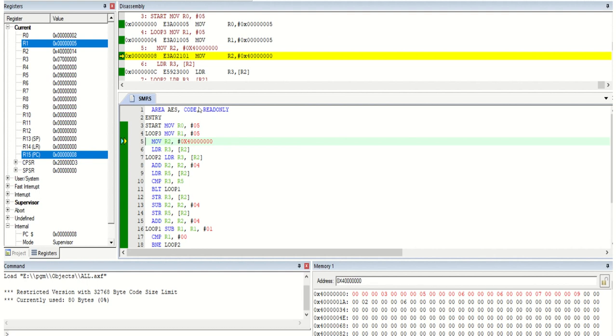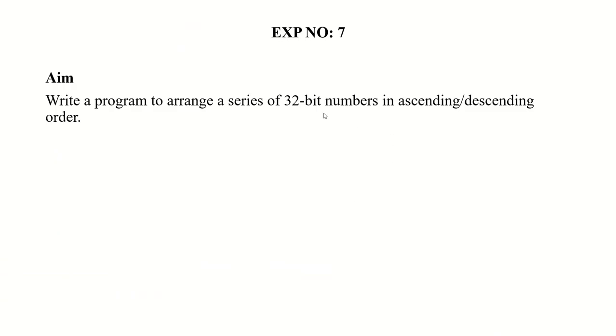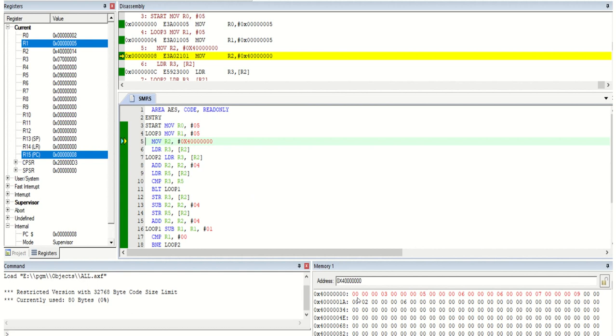We have an example here. Here we have code. That code is completely written to find out the ascending part. Here we will start. First we have to load some random numbers, but they are given here as 32-bit numbers. So here you have to acquire 4 spaces for one number in the memory. That means 8 hexadecimal digits means a 32-bit number. That's why here 1 space is an 8-bit number. Like that 4 spaces we have to cover.